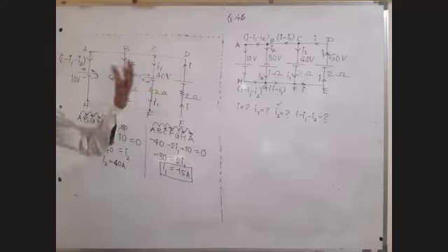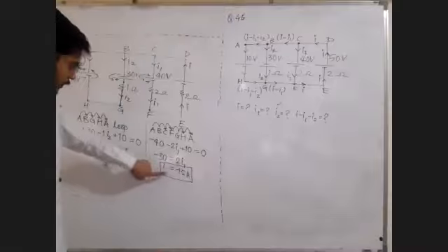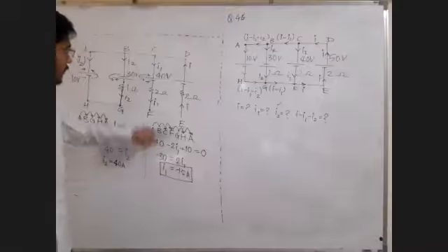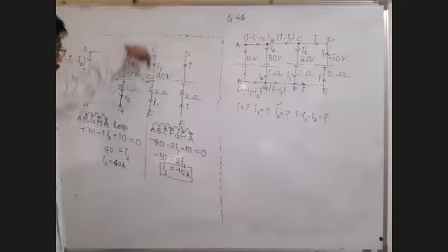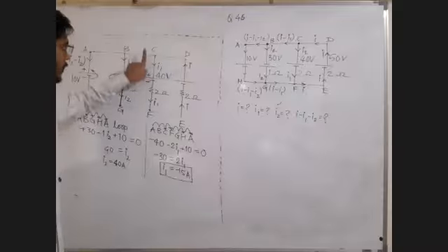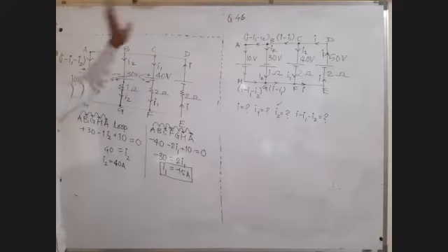For the time being, keep it as it is, because equations are going to be written with the value of current I1 and the direction as C to F, downward. With this value, I1 is minus 15 ampere, downward, so plus 15 upward. That comment we will make at the end, but equations we will write assuming that I1 is downwards. Okay, sir. Fine. Next.